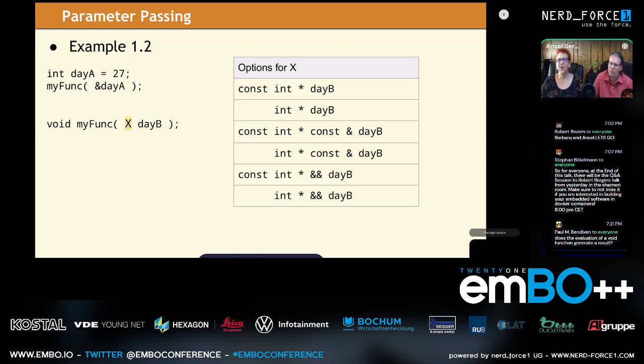This slide is very interesting, and it shows how complicated everything can get. But it should also demonstrate why knowing expressions and value categories is extremely important. I'm not saying that if I saw the very last one, the int star ampersand ampersand day B, I would be excited about that API.